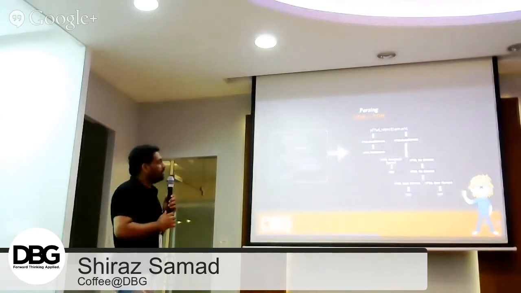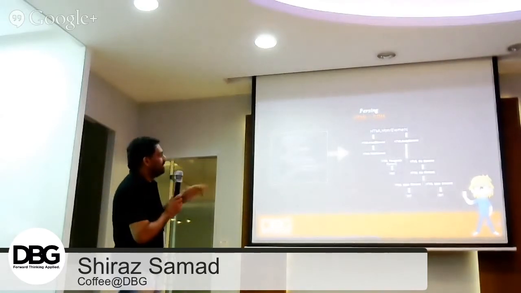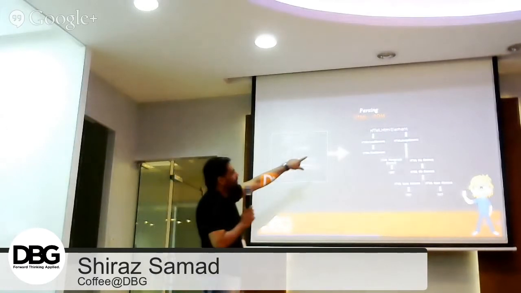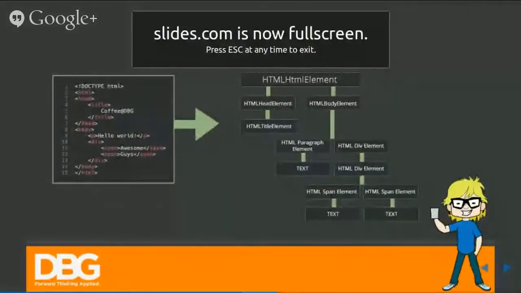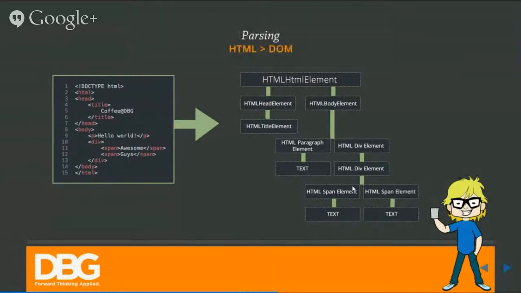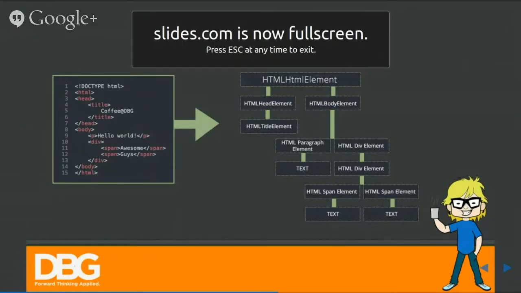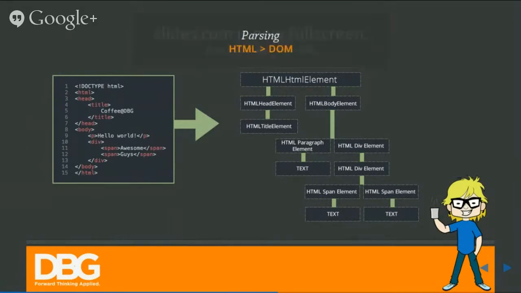This is the DOM tree. Here a fully built DOM tree will look like this. Actually, previously there were no specific parsing algorithms, and nowadays in HTML5 they have come up with a new algorithm, and today all modern browsers are using the same algorithm to work on their DOM tree, and this is parsing.